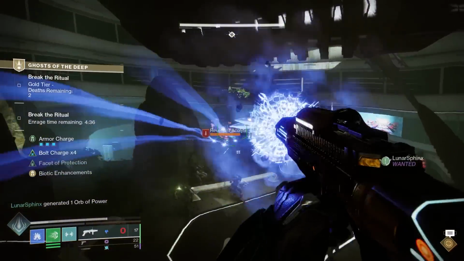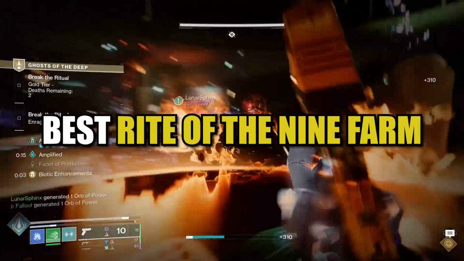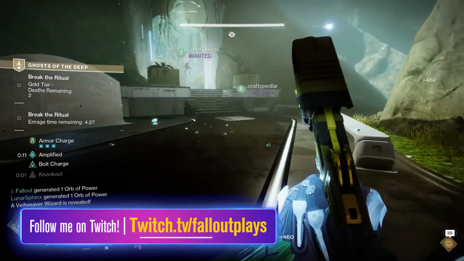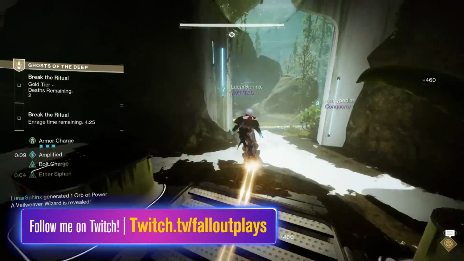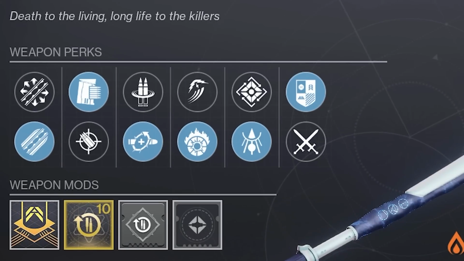Howdy! Today we're going to go over the current best Rite of the 9 Adept weapon farm, specifically for the Ghosts of the Deep dungeon. You can get fast Adept weapons doing this, any of the 4 available under the Ghost of the Deep umbrella, and not only that, but if you do the farm correctly, they'll always drop with double perks in column 3